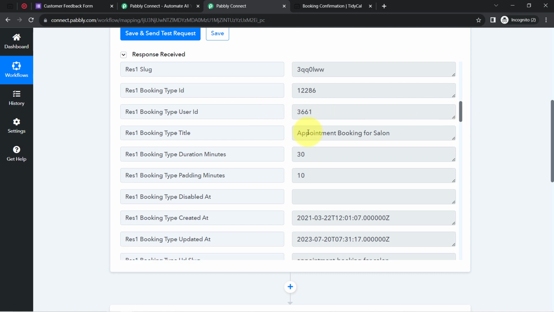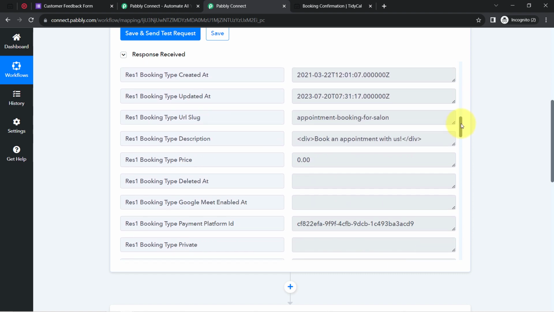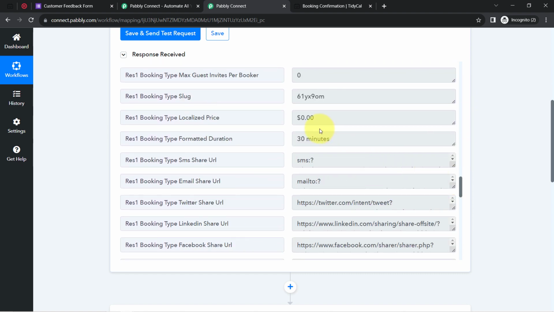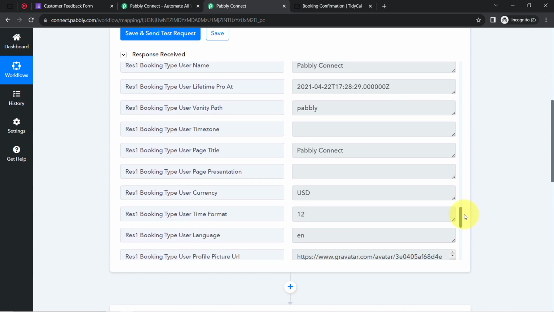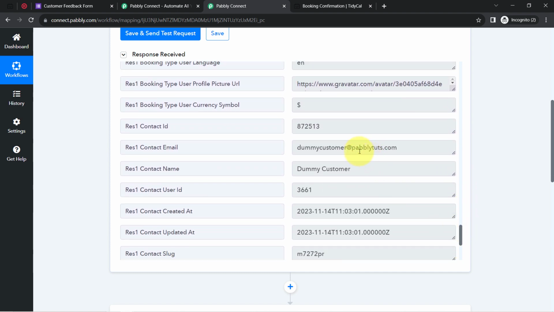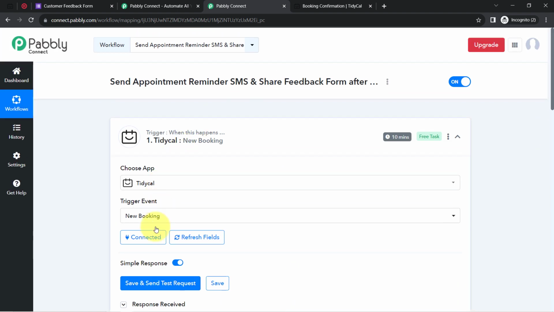Here we have the booking type title as appointment booking for salon. Let me check for other details. So here we have the duration of the meeting, that is 30 minutes. And let's check other details, and here we have the details of the customer who has booked this appointment. Okay, so the presence of this data clearly shows that the connection in between Pabbly Connect and this TidyCal software